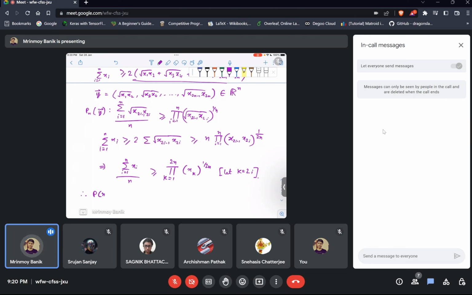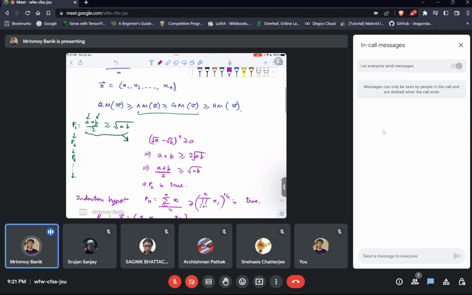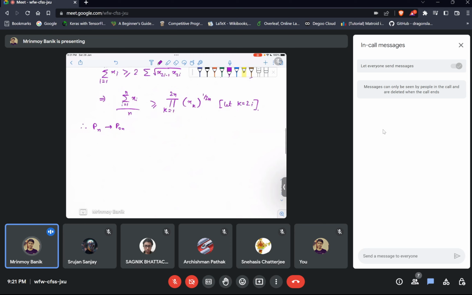So this was Pn. Pn implies P2n, but this doesn't. So this isn't enough. We are able to conjecture P1, since we already know P2 is true, so that will imply P4 is true, and that will imply all multiples of 2 for n, for all those values of n which are divisible by 2. Only for those values this inequality holds. So you just have to extend it for the odd numbers, and to do that we will now prove